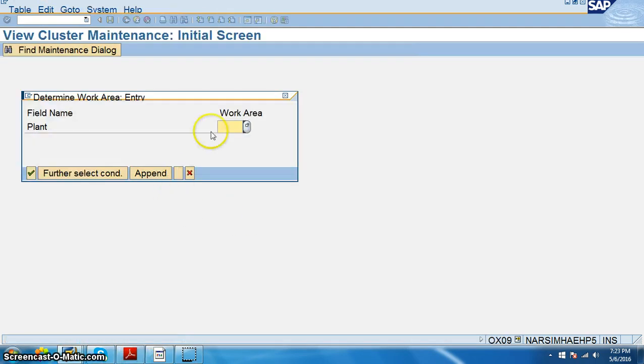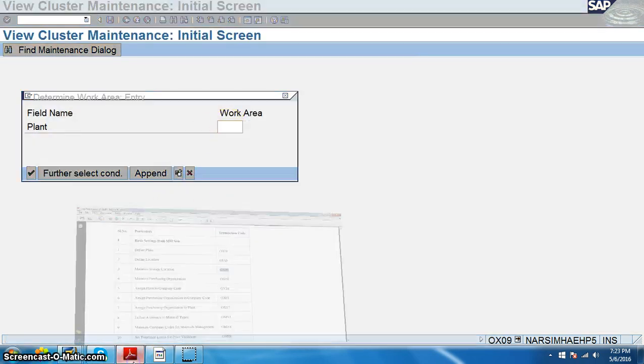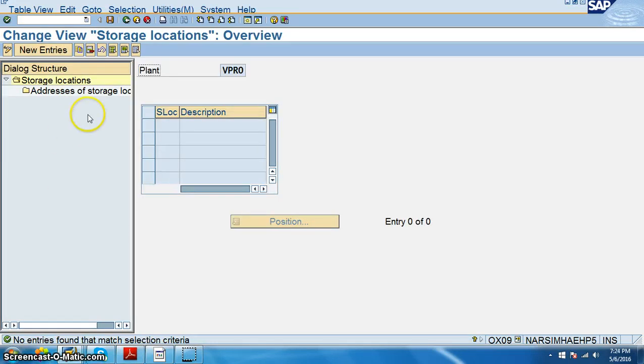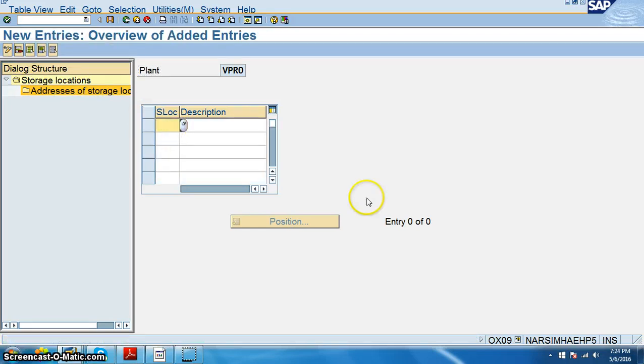OX09 transaction, maintain storage location. So here we have VPRO as the associated plant. In this we have the address location. Click on new entries, and here the storage location is VPRO.